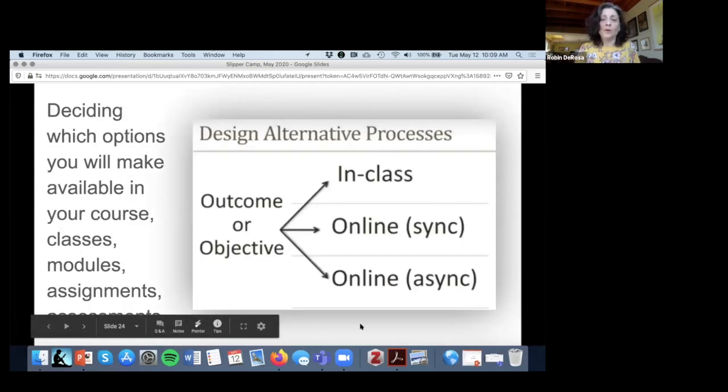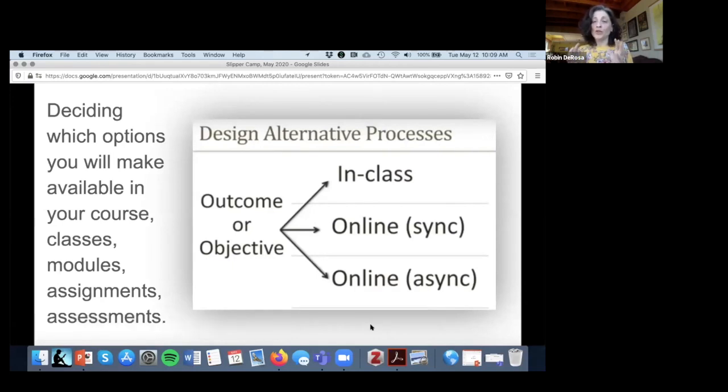A way of thinking about it is if you come up with what your outcome or objective is, you want to think about how that translates to the in-class, to the synchronous, and to the async. Now, synchronous online and in class are not the same group. So let's say you're in a Zoom room and you've got 6 students in the class, and you're teaching face-to-face with them, and you're recording that, but some people are live Zooming in, so they're synchronous. If you do group work with those 6 students in the class, are the people who are live watching you